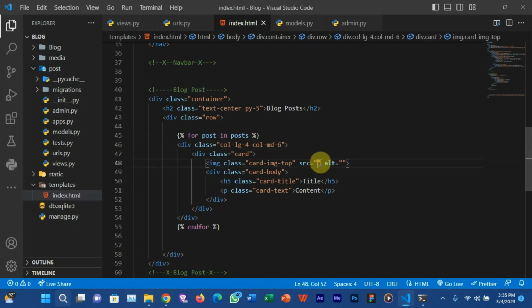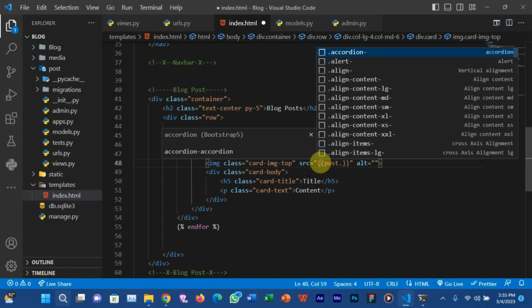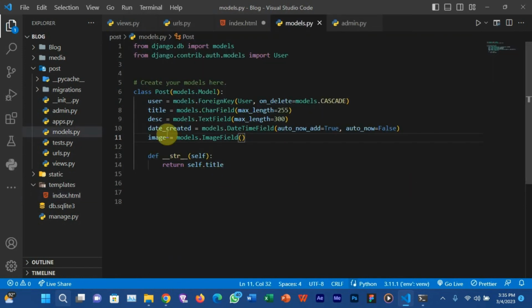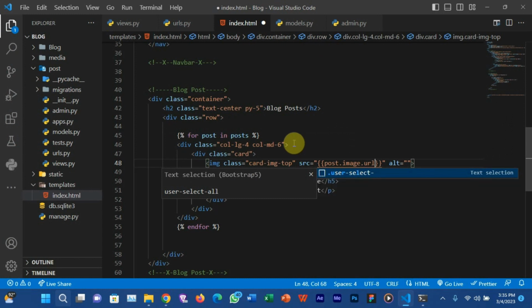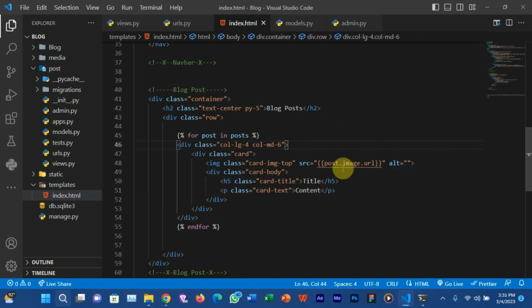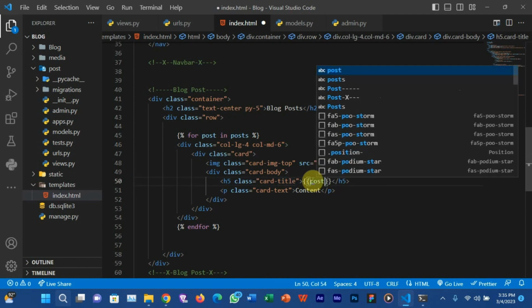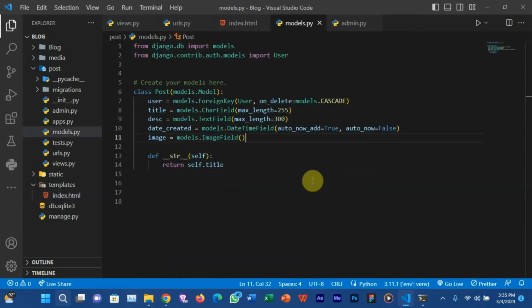So now you can just pass in the image here. So post dot, I have to make sure of the name you use here, image dot url. So we just want the URL to the image here. So the post title, so post dot title.